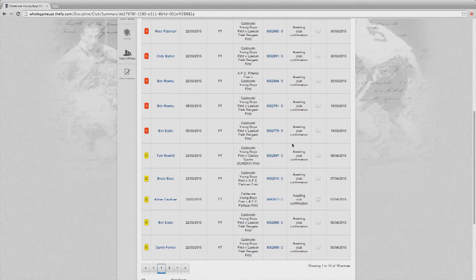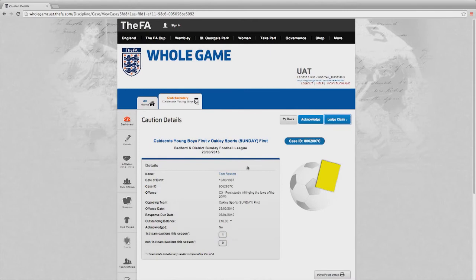To select a caution, simply select the record that you wish to acknowledge. This will take you into that particular caution record. Here you can see the details of the player and indeed how many cautions he or she has had for the current season. In exceptional circumstances, you may wish to lodge a claim for mistaken identity, and providing you